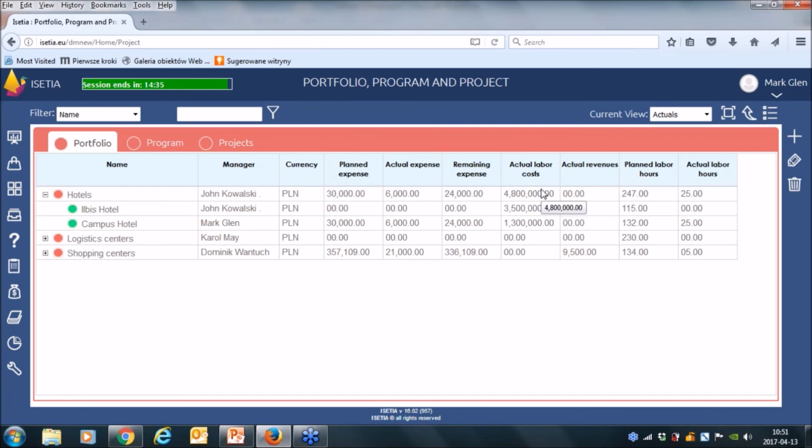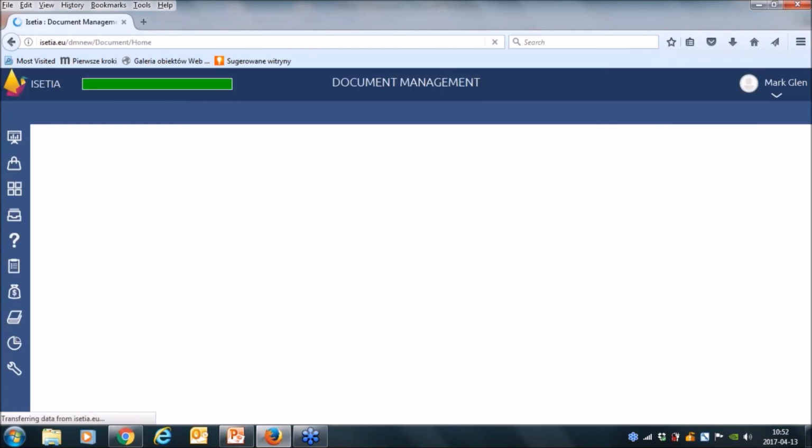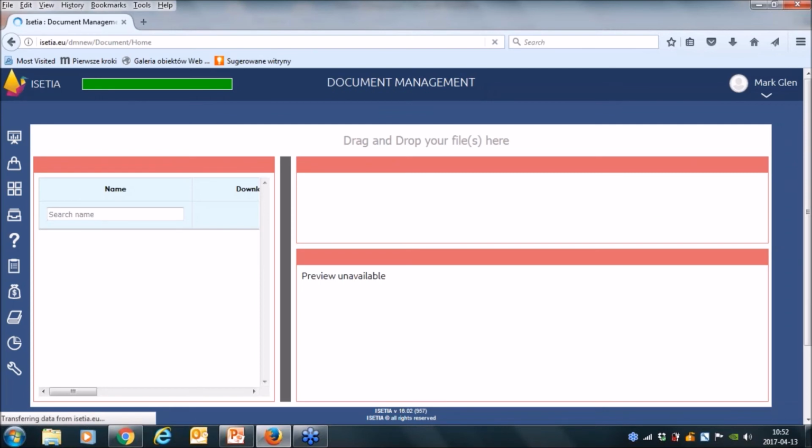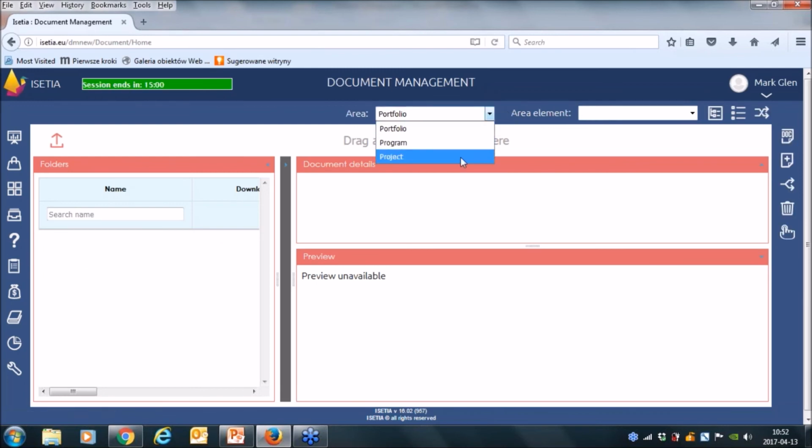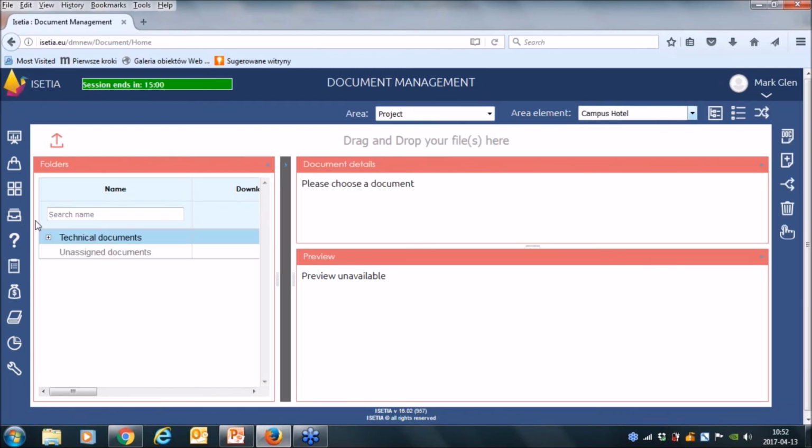On the end of our presentation, I promise you to show some other functionalities. So, as I said, we can manage documentation in our projects. I will go to our project campus.